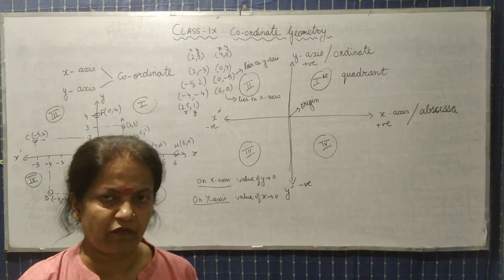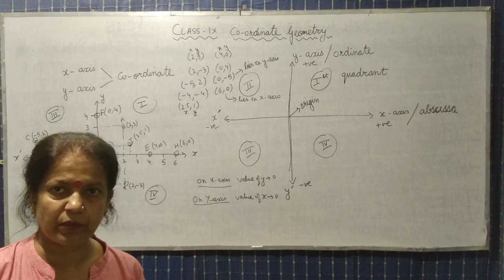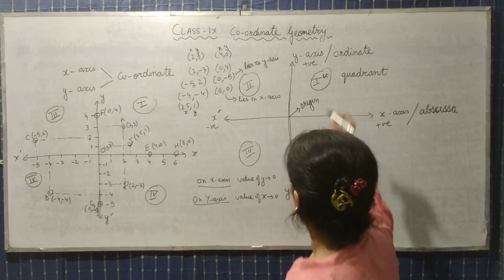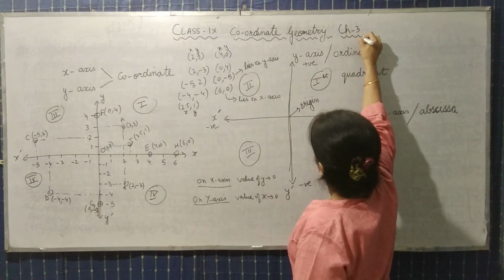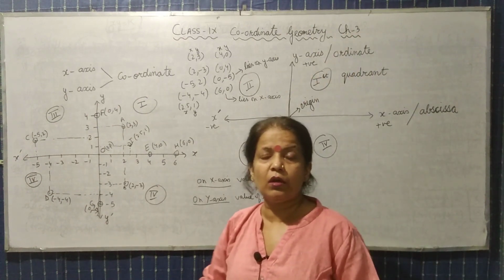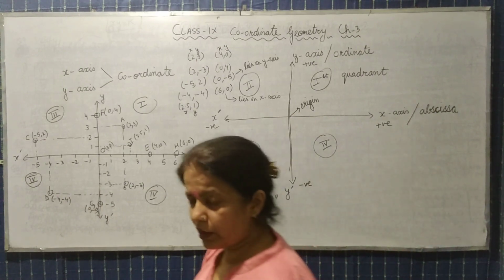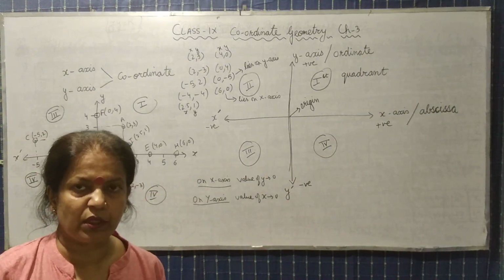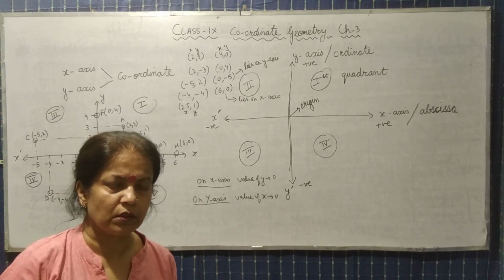Okay, so with the help of this concept I think you will be able to plot the values on the graph paper from the chapter coordinate geometry, that is chapter 3. Okay, so from chapter 3 the concept is plotting the values on the graph. Is it clear? So this chapter is quite interesting and इसमें से एक क्वेश्चन आपको जरूर पूछा जाता है in your exams. Thank you.